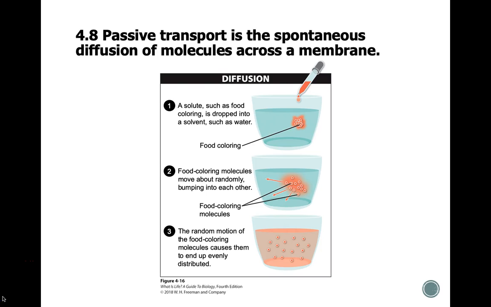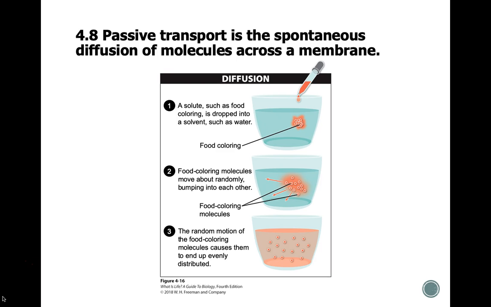We've talked about some of the important proteins that are involved in transport of molecules across a membrane. So let's talk about how these molecules actually move. There's a couple ways that they can move. One is through a process through diffusion. So in diffusion, a molecule moves from an area where it is highly concentrated towards an area to where it